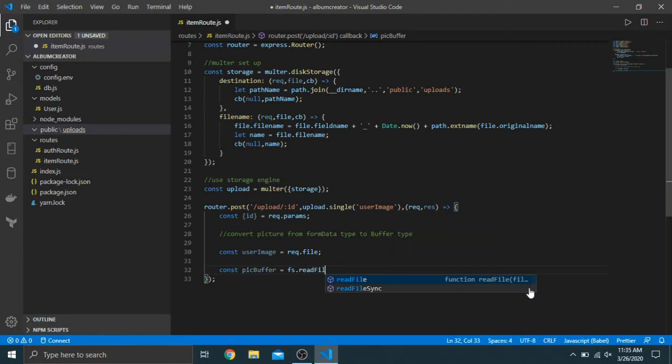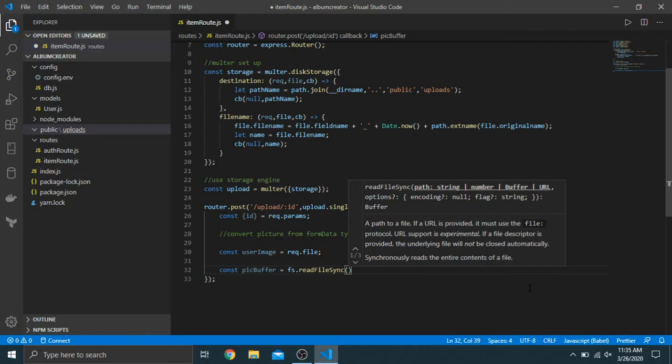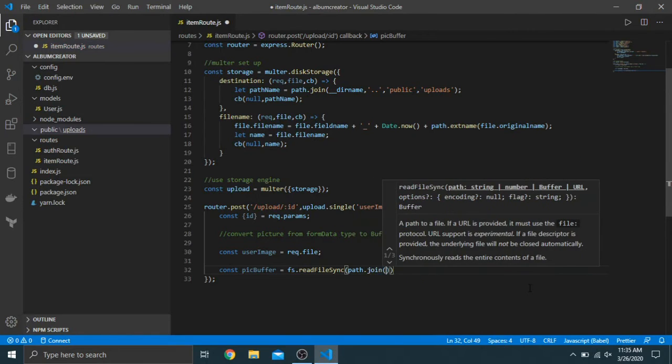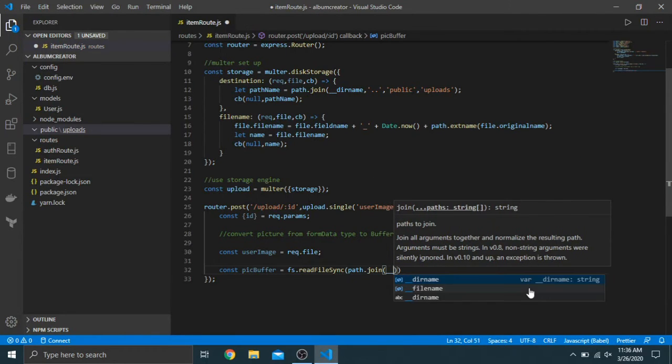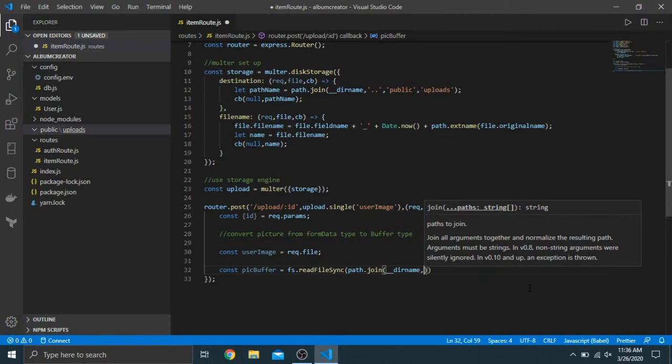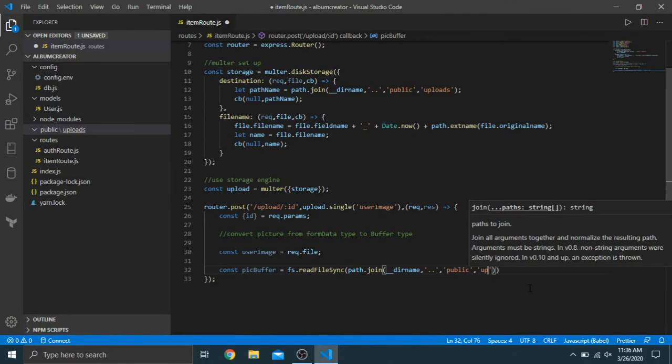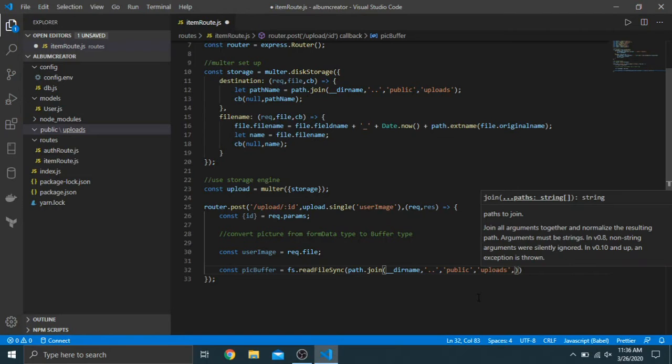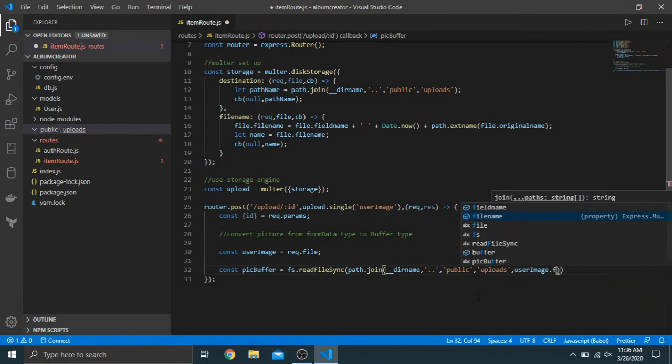So basically readFileSync, which allows us to read a path or a file from the system, and because it's an image, we just put in the image path like this, path.join. And then __dirname, which is the current directory. We want to go outside of that. We want to go into public and then uploads. Because remember that when we upload this, it'll be inside of here and it'll give us the specific image. So we want to do uploads, and then we want to append on userImage.filename, which